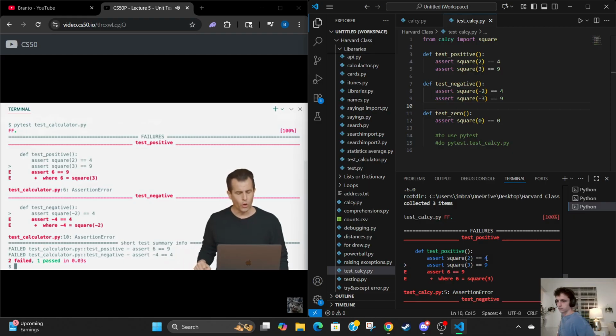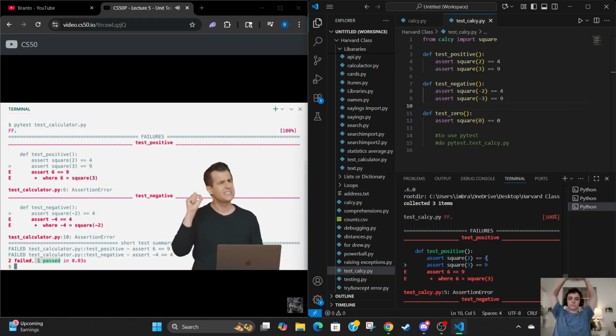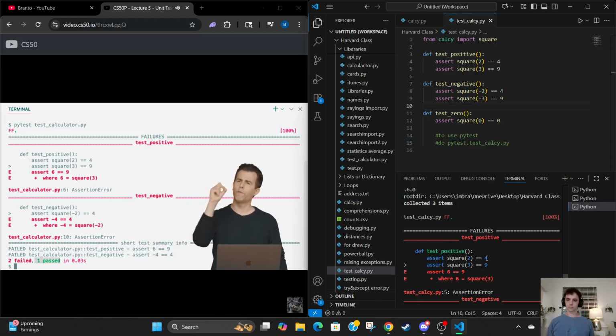But in total, only 2 tests failed. So notice at the very bottom, this summary, 2 failed and 1 passed. What's the other one? Well, it was the third one, test 0. So test 0 is passing. These 2 are failing. And so that kind of leads me logically, mathematically, if you will, to the source of